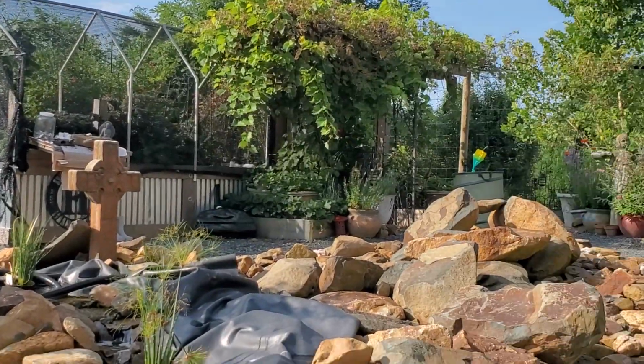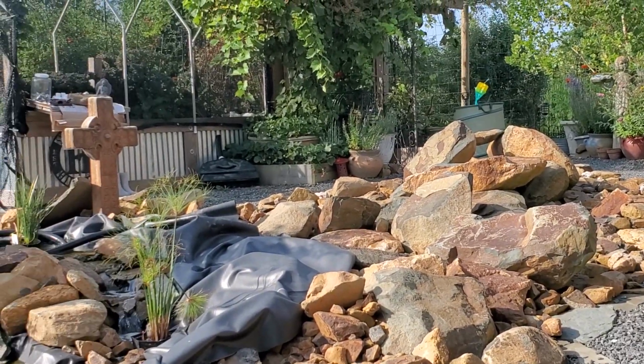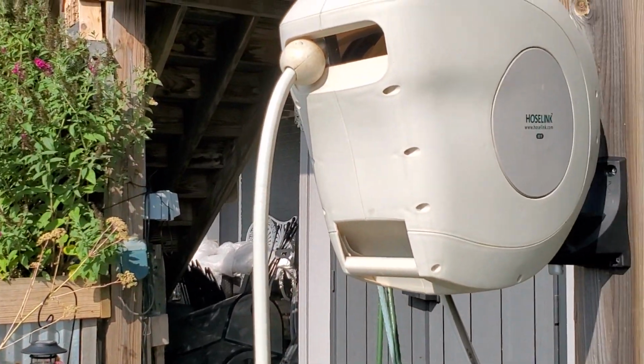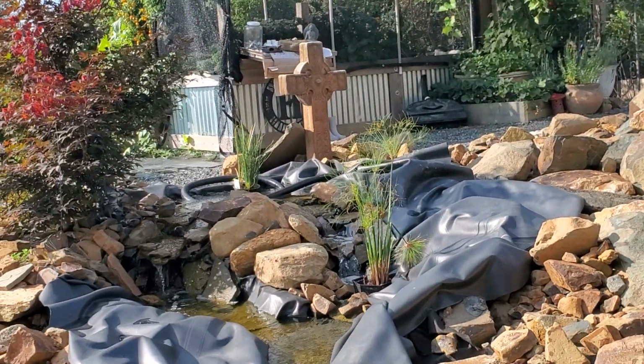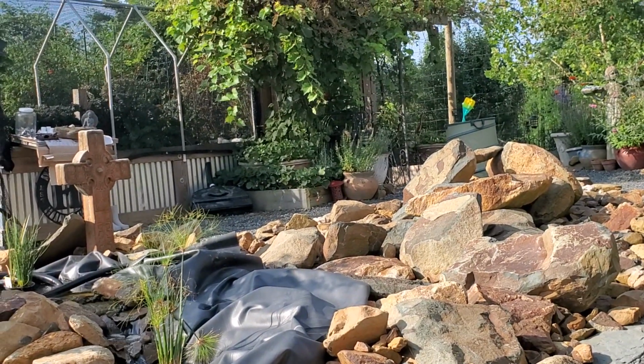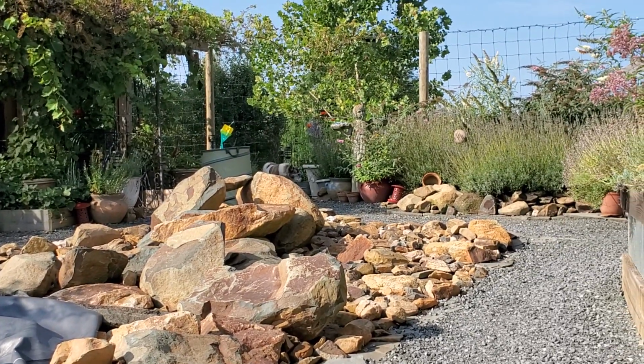Everything else is on drip except for a couple of the little pots that I have to manually water at night, which isn't hard because I've got a couple of hose links in the garden that just make it really easy. So, and there's another swallowtail, if you saw it go over, and cricket,